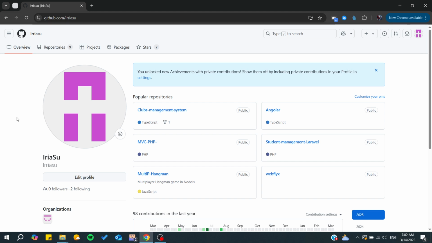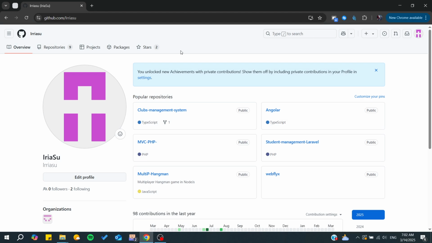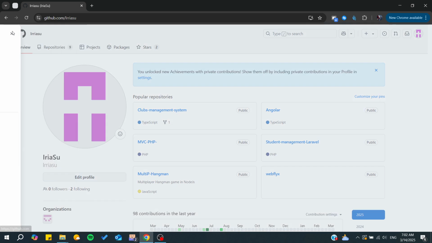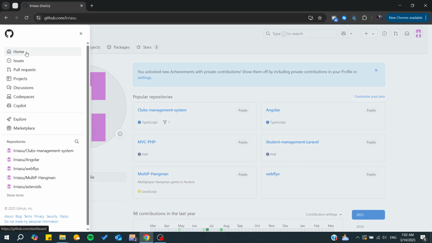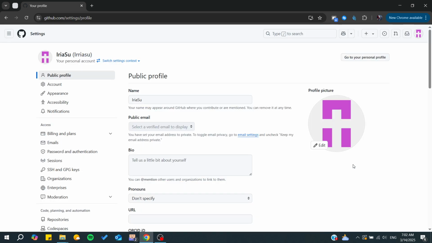So basically the first thing is to go to the settings so we can reset our password. In your profile or in your page, you will need to go to your profile icon that you will find here in the corner, and simply go to your settings, or you can simply start finding everything from here, but we are interested in the settings, so we can just go here and profile, and simply we can go to the settings. We can find this here in this menu, and by clicking on settings it will take us,